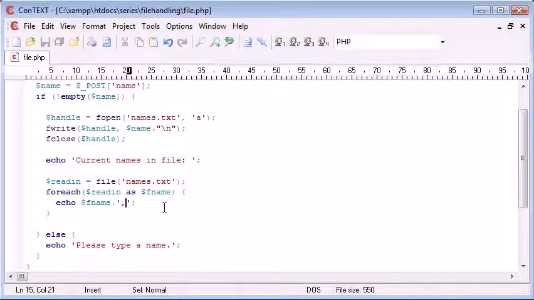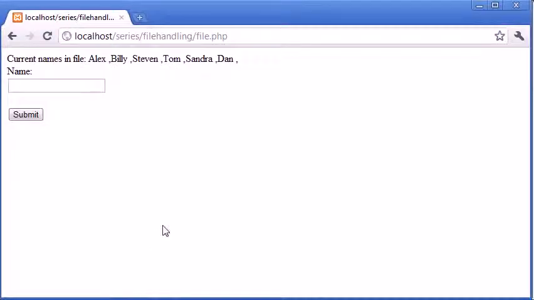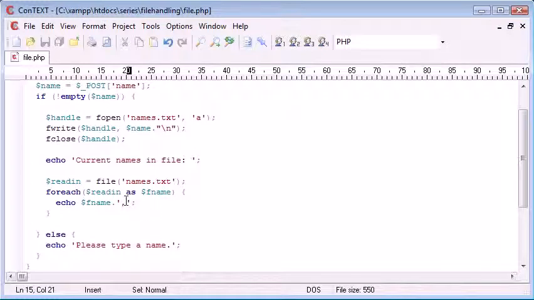We need to first of all see what's going on here. Now Alex has a space after it, as does Billy, as does every other name in the list, and we can use a function called trim to trim this down, and this removes white space from the start and the end of our name, as well as any other special characters. So just by adding this function around the name as we echo it, we can see that it's actually,